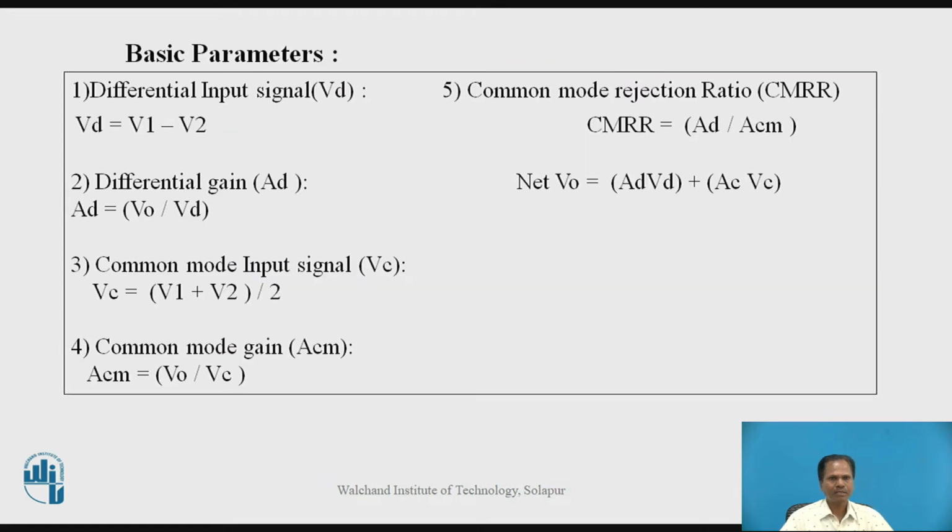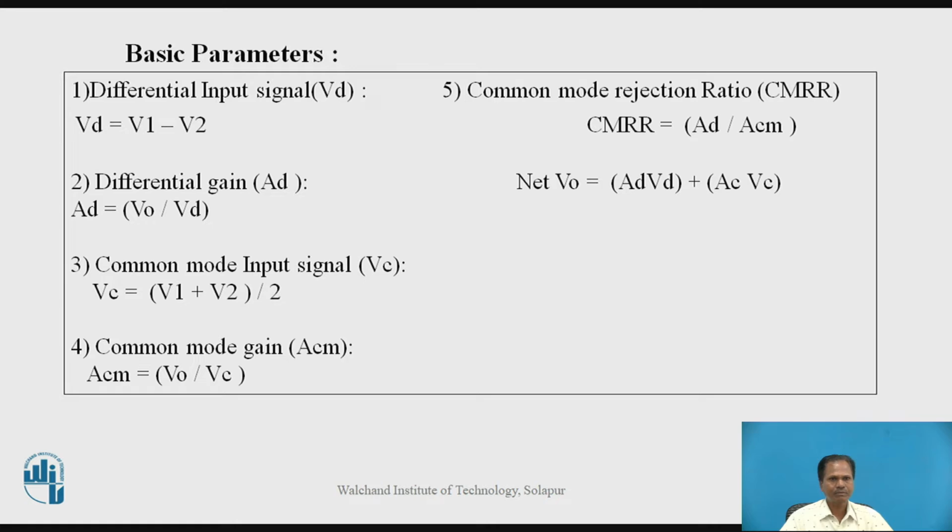Now let us define some basic parameters or terms related to a differential amplifier. The differential input signal VD, so the difference between two input voltage signals V1 and V2 is called as differential input signal. The next parameter is differential gain AD. So it is a gain with which differential amplifier amplifies the differential input signal is called as differential gain. It is designated as AD. So AD is equal to the output voltage VO upon the differential input voltage VD,